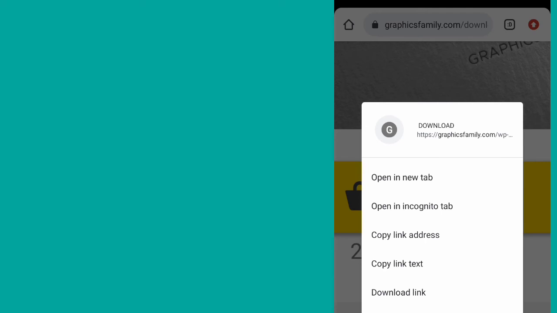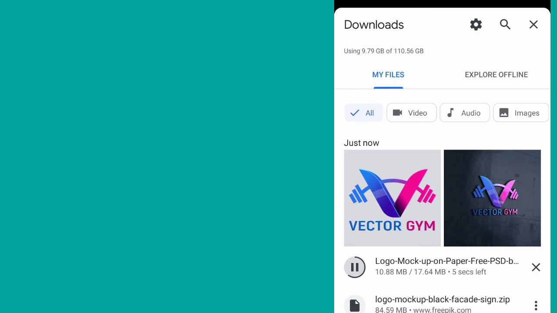You see this download. Just click on it. Click on download. Then click on details to check whether you are downloading the right thing. Yes, I'm downloading the right thing.